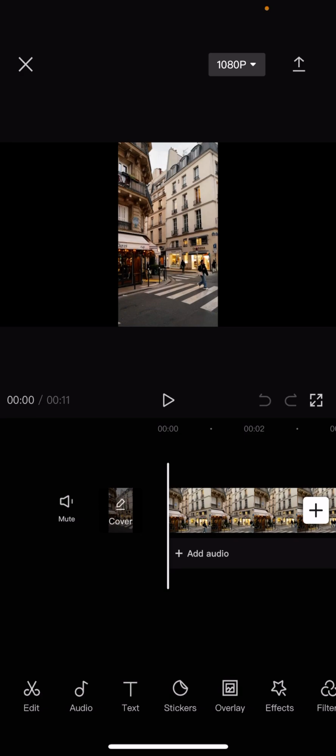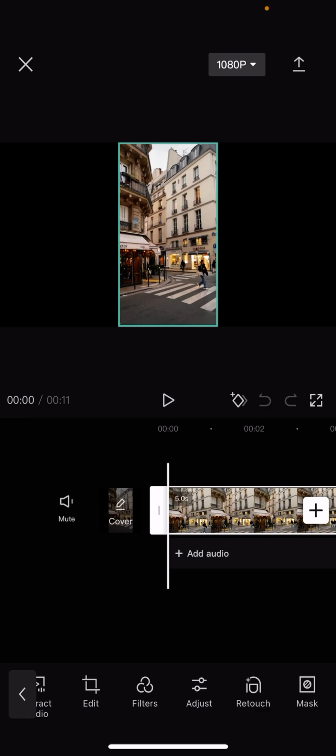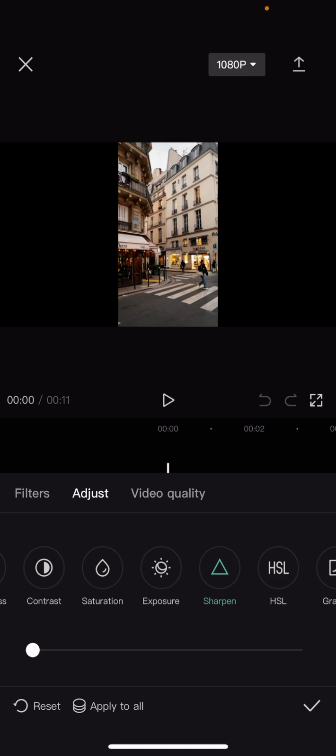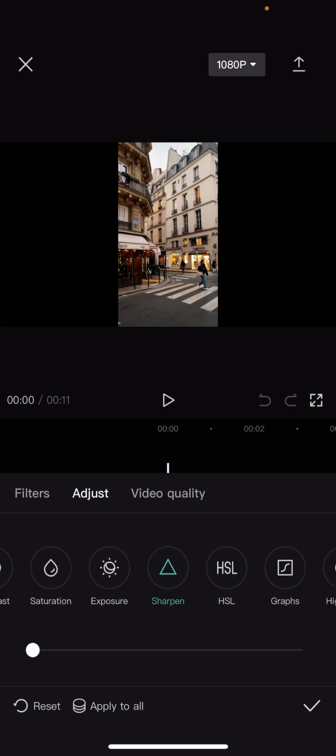Now scroll to the right and you should see the adjust option. Click on it again, and now here you can see the sharpen option, and here with this bar you can increase the sharpen, and if you are done, then click on the check mark option or icon on the bottom of the screen,